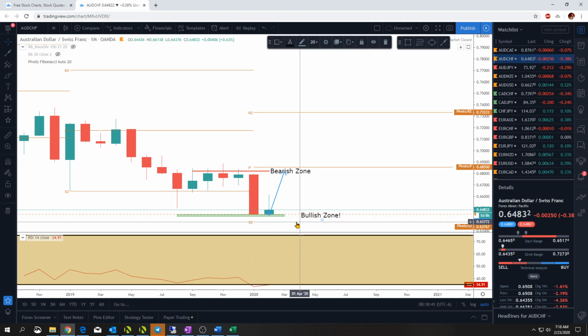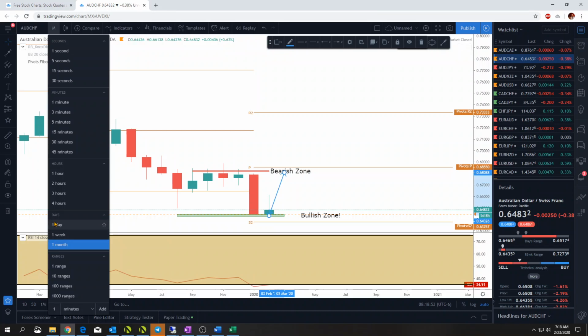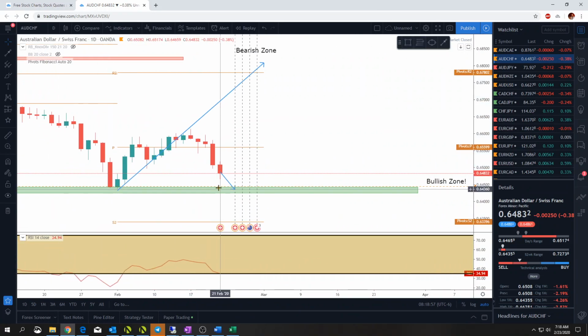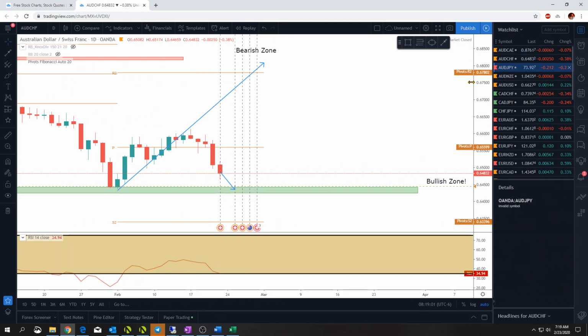Really close to a monthly S2. We have a missed pivot. So I'm liking this play we see on this daily chart. So this is why I'm going to be looking to be bearish here. Let's go to